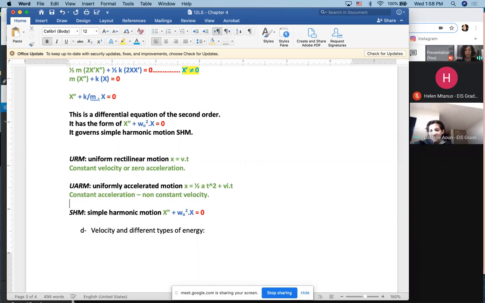Alright? Simple harmonic motion has something nice. First of all, do you see? Let me write this again. Can I replace x double dot by v? What is x double dot? Not v, something else. What is that something else? What is x double dot, or double prime? Either x or v or a. What is it? x or v or a.